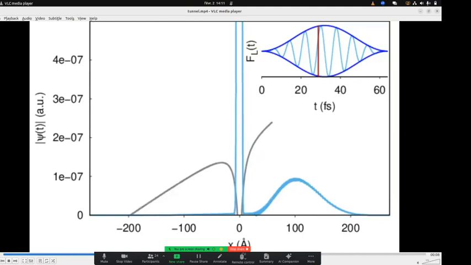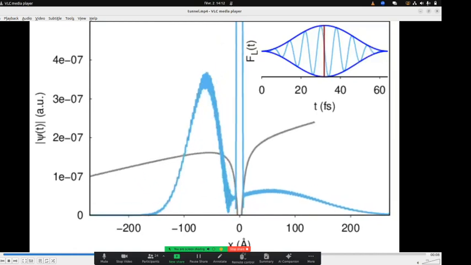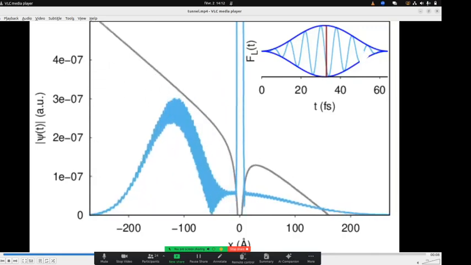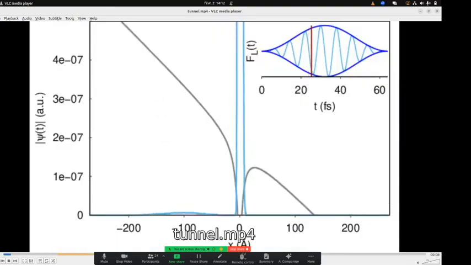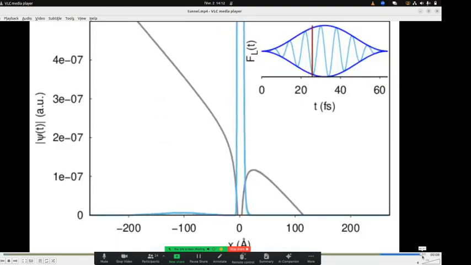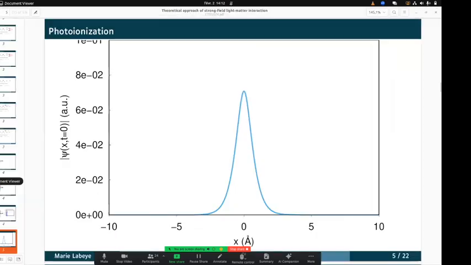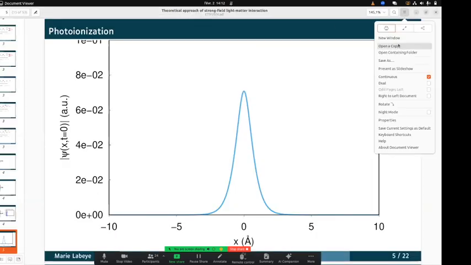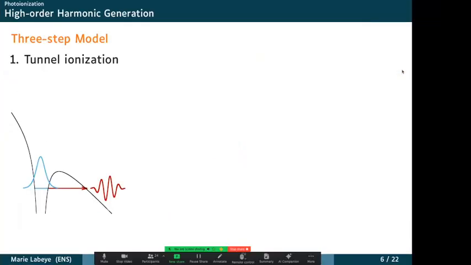And so this ionized electron is actually brought back towards the nucleus, while another one leaves on the left, and you have a few interferences between the two in the middle. And then this process repeats itself on the left and the right, until at the end you have this kind of messy wave function with lots of oscillations that are not always very easy to interpret. So I hope I illustrated that it's very different from photoionization, but now can we make sense of what I just presented, and how do we actually make sense?